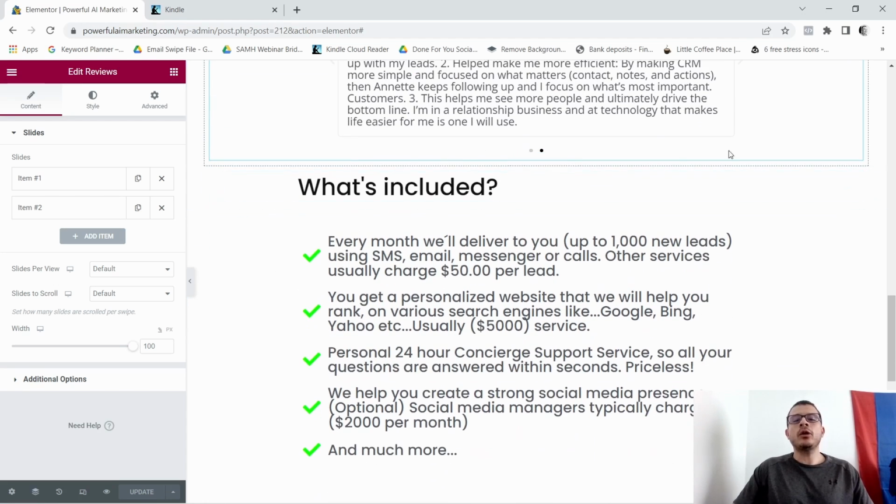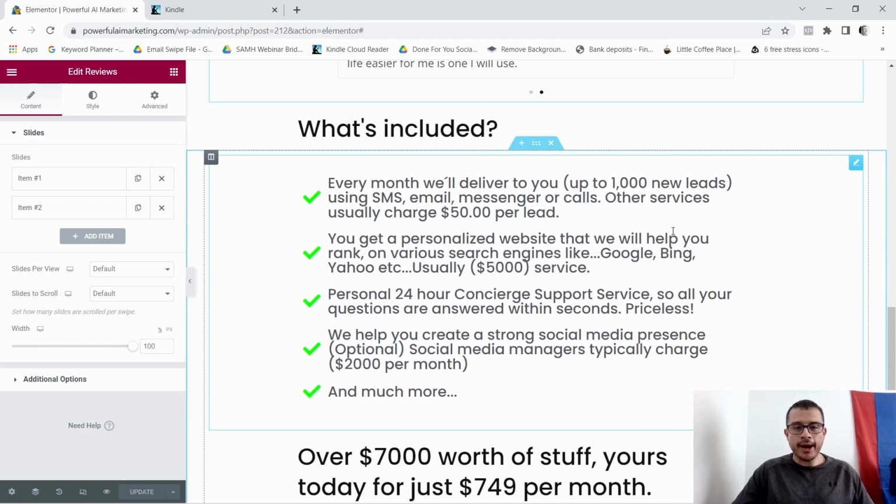And now, what's included. So I'm telling people what they're gonna get, right, when they buy this service. So what's included? Every month we'll deliver to you up to 1,000 new leads using SMS, email, messenger, or calls. Other services usually charge $50 per lead. So I kind of threw this last part in there. You know, this was something that just came to mind, and I was like, I'm gonna throw that in there,